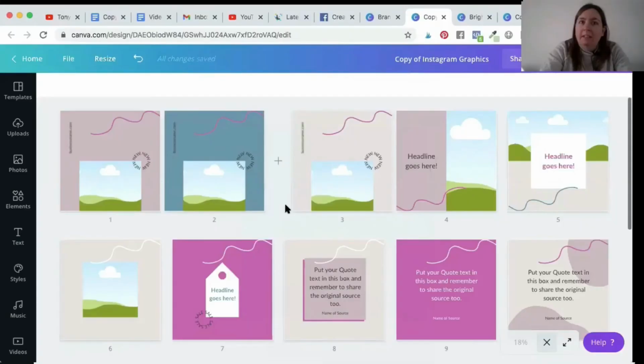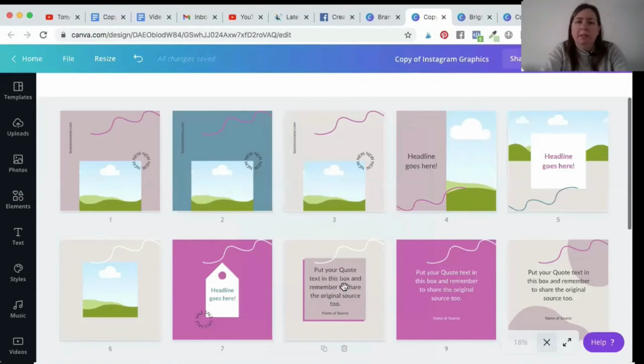Bonus tip number 2 is to use graphics templates for your content. So my main repurposing platform is Instagram. So I have a month's worth of templates created as a file, and it's set out to follow my schedule. So I can have a video clip and then a tip and then a quote, etc. And I have that all set out in my brand colors, and I just go in and I swap out the content. So I've got text placeholders, and I insert my content for the week based on what my core content is,